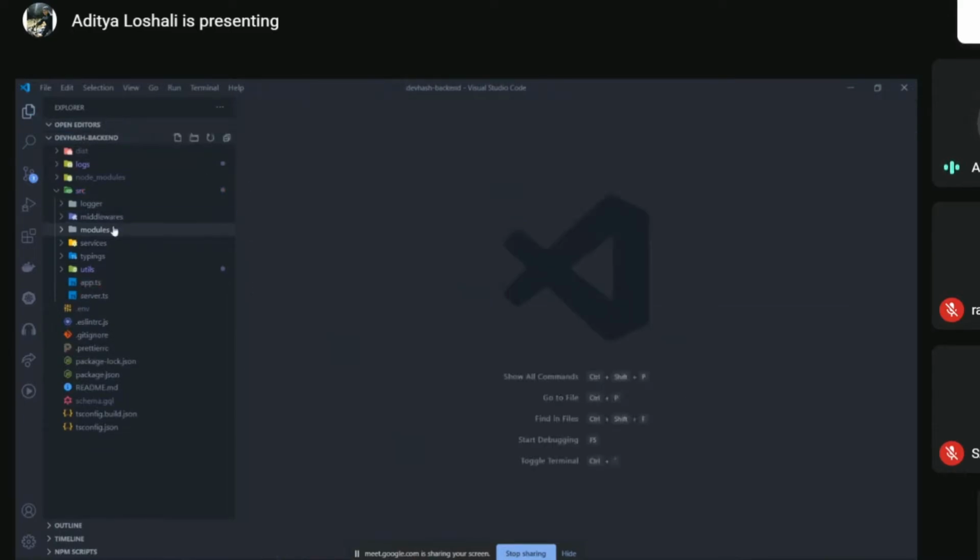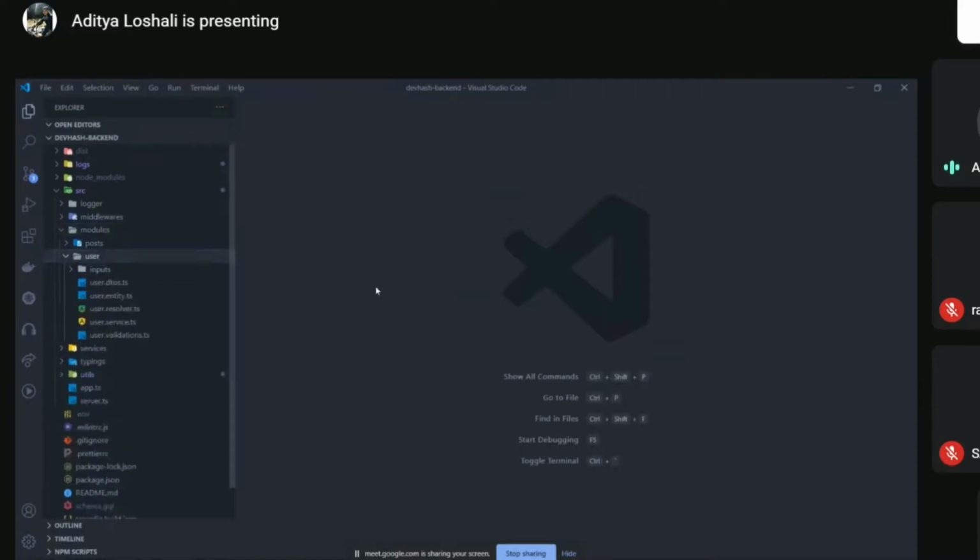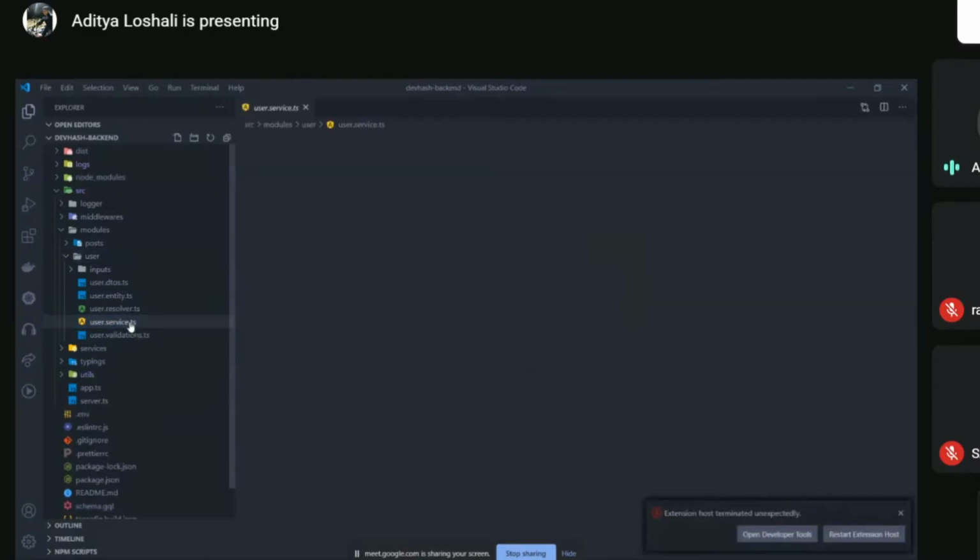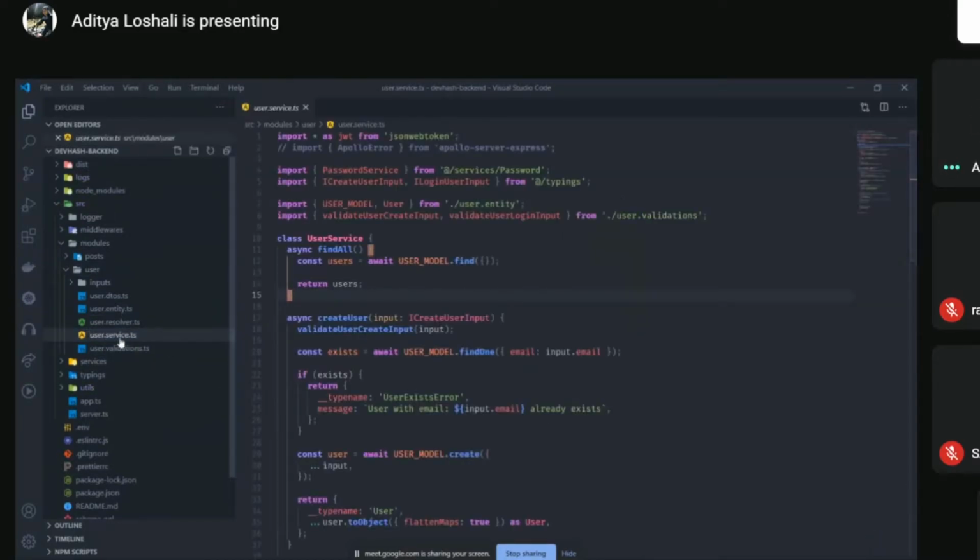What's inside of a module? For example, if we go through the user module, we have all of the core business logic inside of the user service file. All the files ending with service.ts are supposed to carry our business logic.